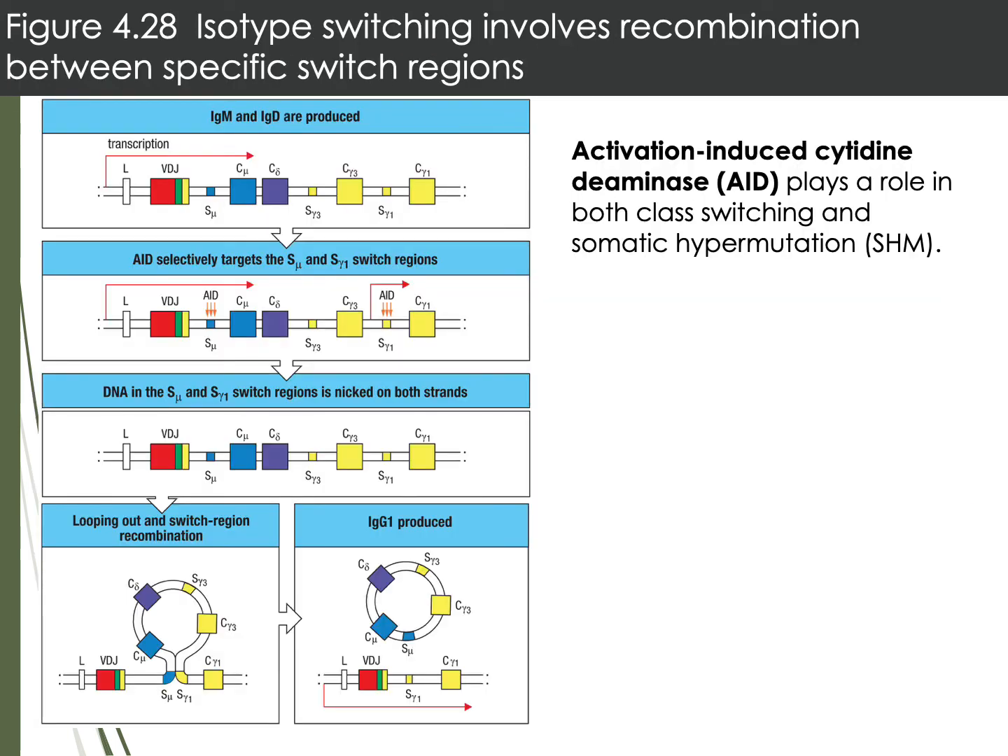Just to jump forward from the textbook to wrap up isotype switching, activation-induced cytidine deaminase, or AID, plays a role in isotype switching, and we'll also talk about somatic hypermutation in just a moment. It's a critical enzyme that will target the specific constant region that needs to be expressed, allowing for switching of that region and also splicing out the portions that